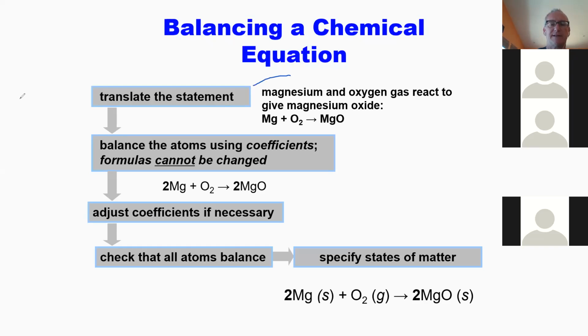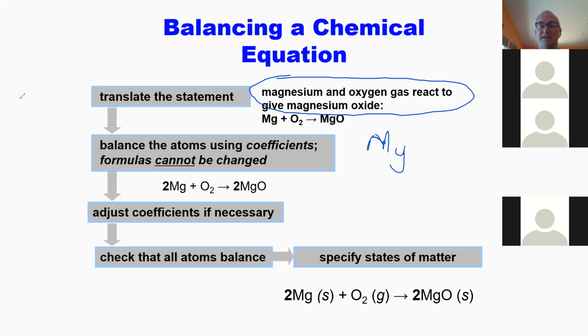Or I'll give you something like this. Magnesium and oxygen gas react to give magnesium oxide. You're going to have to know that magnesium is a metal and it's just a magnesium atom by itself, solid, plus oxygen. You're going to have to remember,